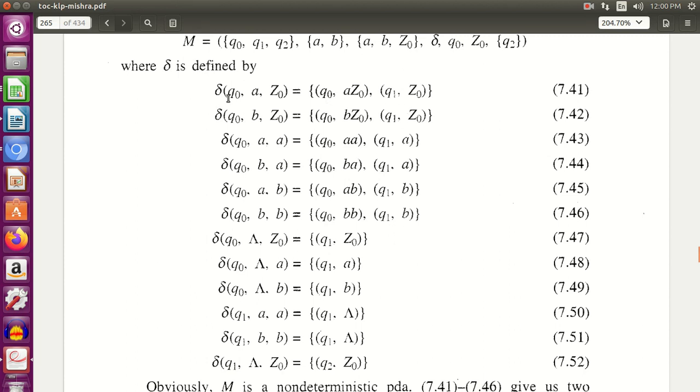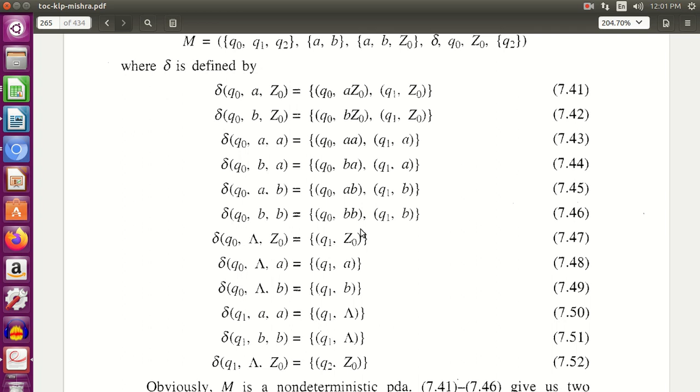Firstly, you are in state Q0, you get A, and you have an empty stack, you push the A. You get a B, you push the B. Again you get an A, when the top of stack was A, you push the A. You get a B, push the B. You get an A when the top of stack was B, you push the A. You get a B when the top of stack was B, you push the B. This is the simple initial part that you have to do.